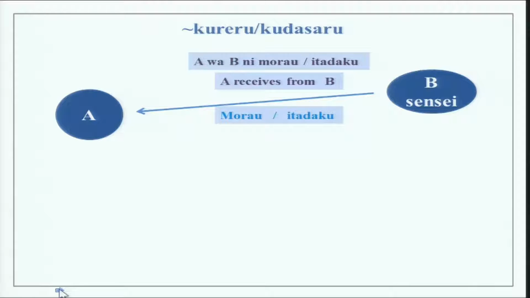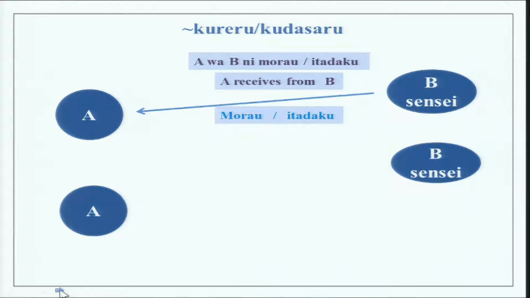This is what you have done so far, and this is what we are going to do now. B over here, A over here. So, naturally B is a little higher, older in age, higher in rank, in position, could be your boss, could be your teacher, could be someone you have met for the first time.